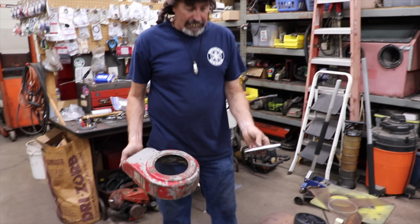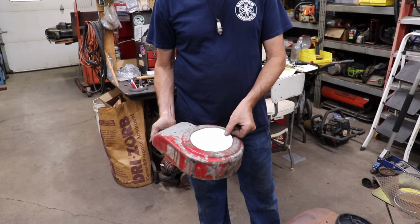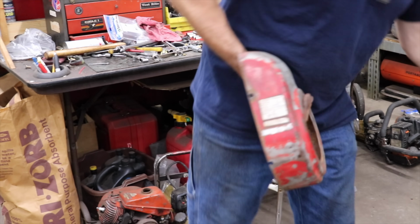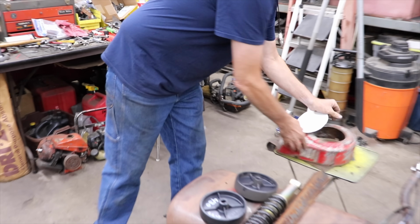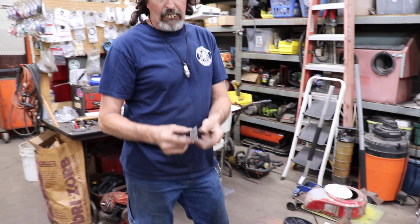So again, got me some 30 brick stock, and made a template that fit right inside this little area here. And I'm going to use some of this perforated metal to make like a screen. And then I took some angle iron